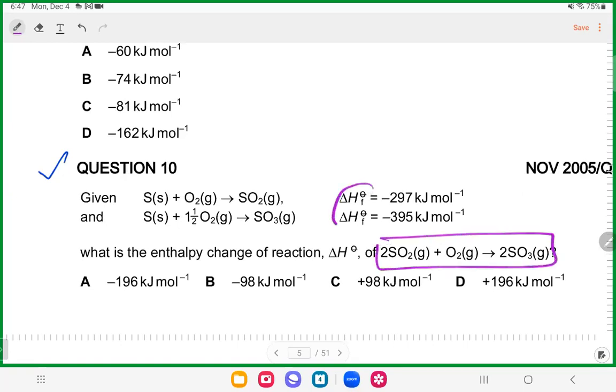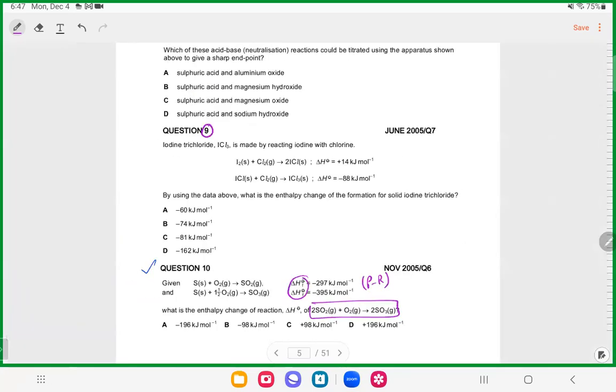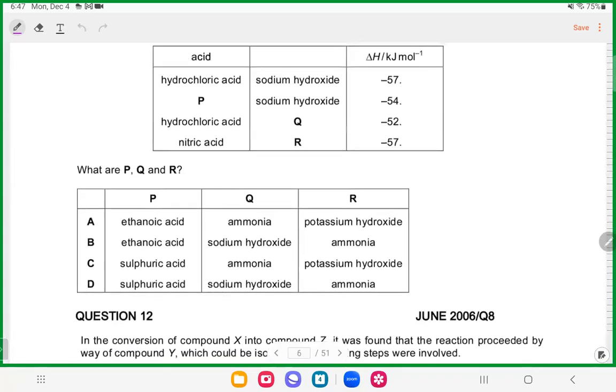And the data of, so 2 times of SO3 minus 2 times of SO2, we do product minus reactant. इस तरह के सिंपल से क्वेश्चन आते हैं, ठीक है? Clear? In a similar way,